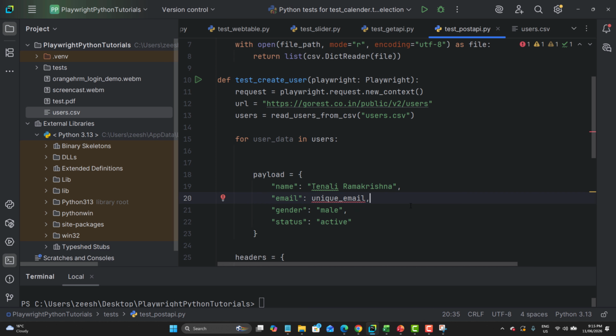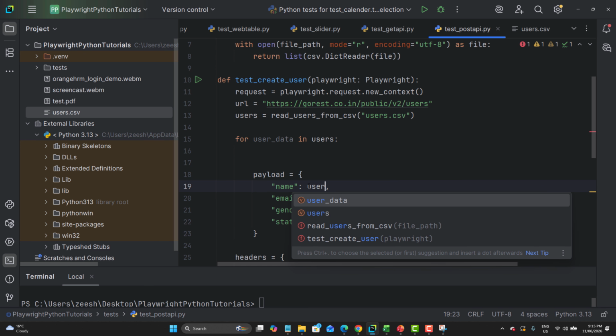Now here we need to provide the data coming from the CSV. So inside that we have this payload, and here I just need to remove this complete one, and we need to get the data from user_data,